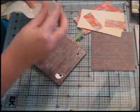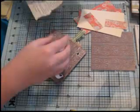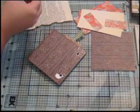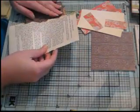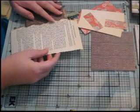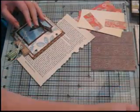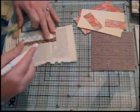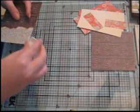I had covered this page with something else earlier and I really didn't like it, so I pushed it back to be used later. And so now here this pattern paper is again showing up, and I'm going to be covering it with some more of this book paper. And this book paper is literally pages torn from a book. Specifically the Quest for the Holy Grail, the medieval French epic poem